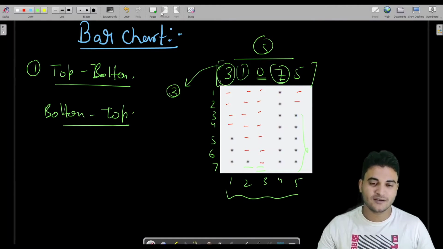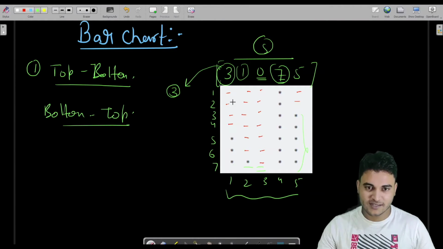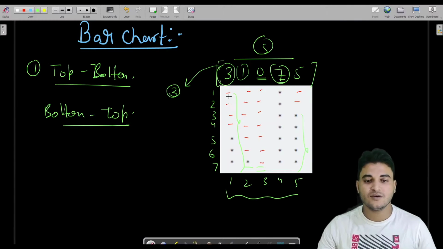Fine. So for that, what we have to do, let us say I am printing this column for our row. So we have to get how many spaces I would have to print before printing stars, because the number which we are having, we have to print that number of stars. Let us say if I start printing stars from here, then this space would be left empty.